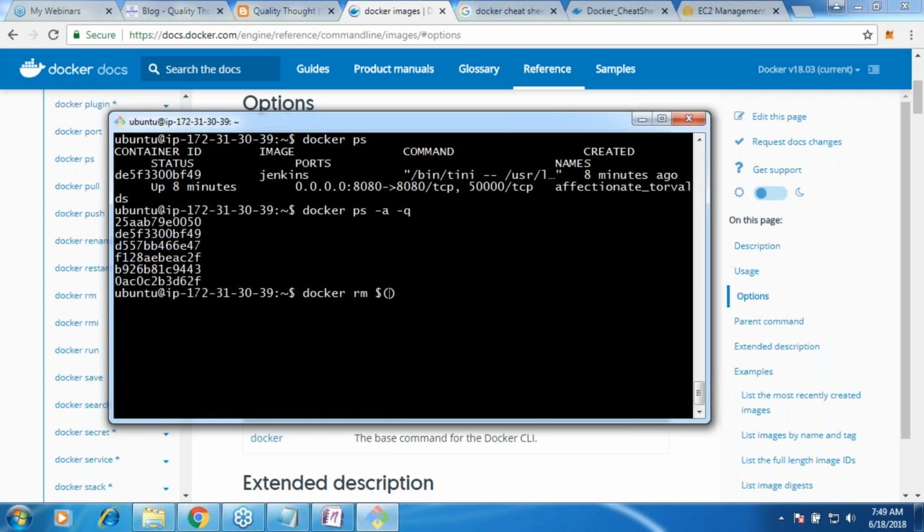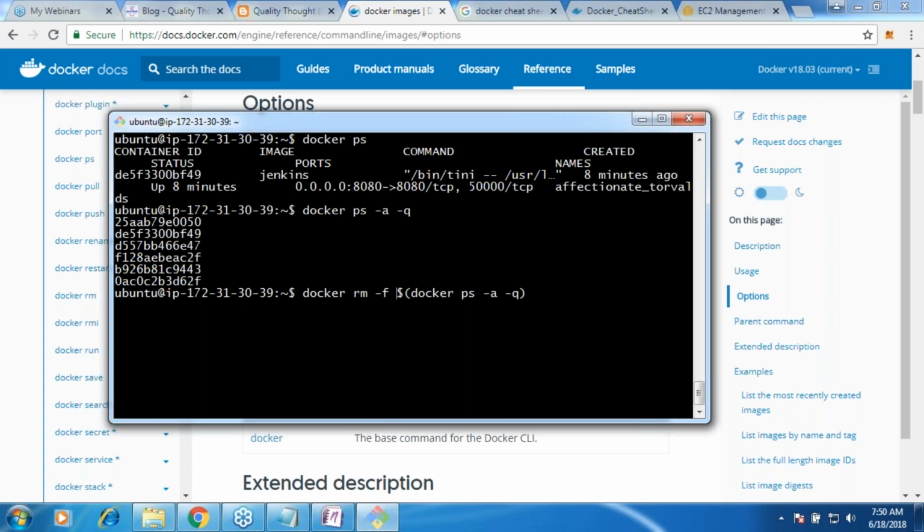All right. And now docker ps -a -q. So docker ps -a -q will be executed first. It will give the list of all of the container IDs, and then it will be passed to docker rm. Since we have one container which is running, it makes sense for us to use -f. Simple.